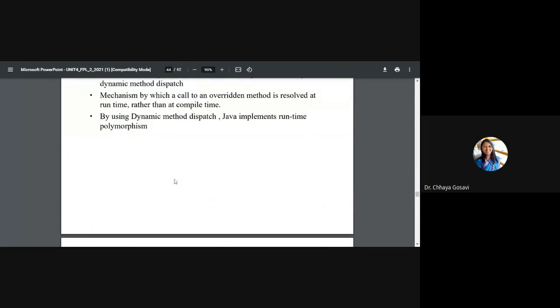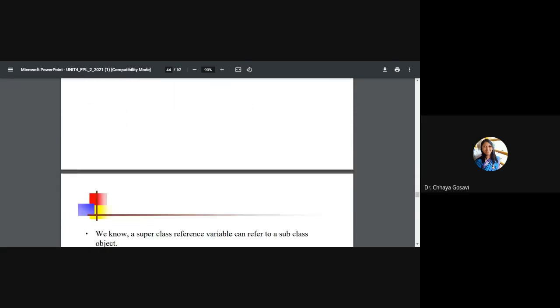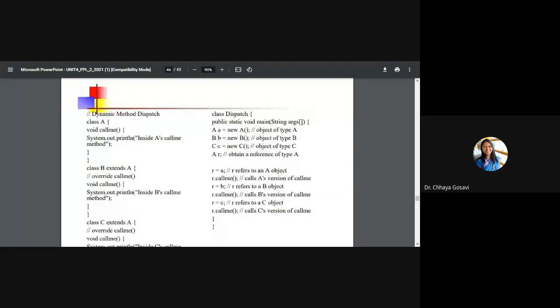The important term we saw yesterday is dynamic method dispatch. Using a base class reference, we can call methods of the child class. So we have created a reference of the base class and we can call methods of the child class. Depending upon which object we are storing in that reference, that particular method is called.